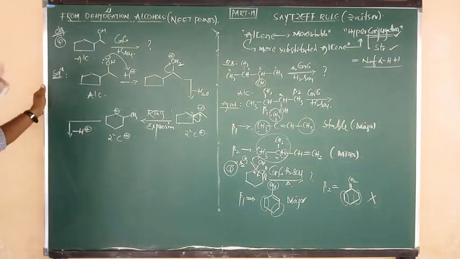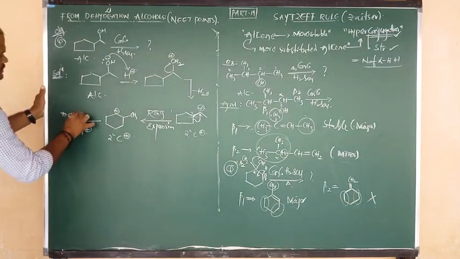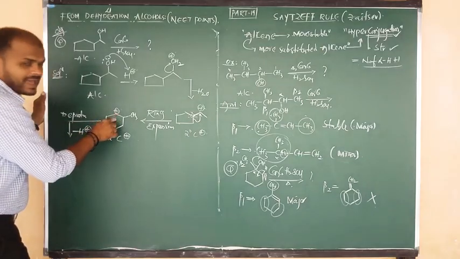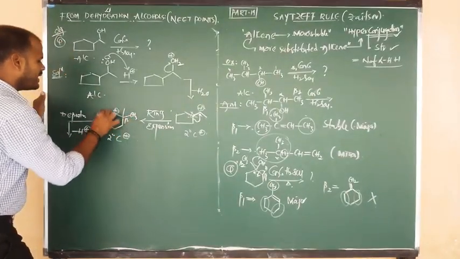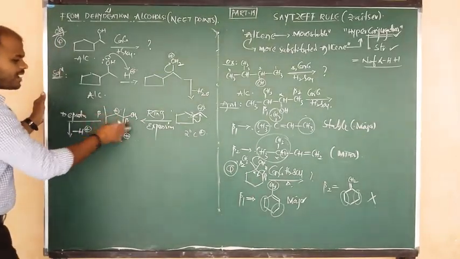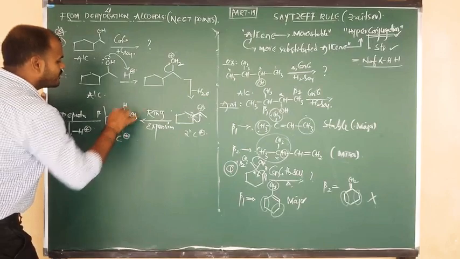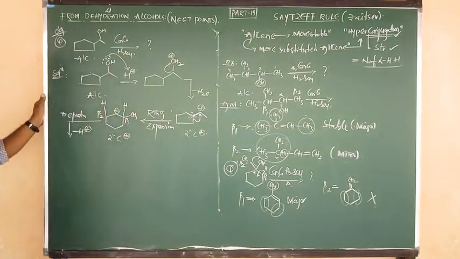and go for the last one, that is nothing but removal of minus H plus, nothing but removal of a proton. This is called the deprotonation step. Deprotonation. Good. The carbocation carbon is the alpha site. Adjacent is beta. Again adjacent is beta. Now tell me, how many beta positions are there? 2 beta positions. Beta 1, from here we can remove the hydrogen. Beta 2, from here also we can remove the hydrogen.